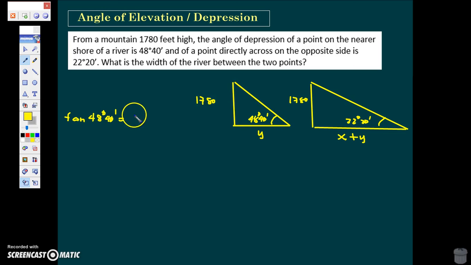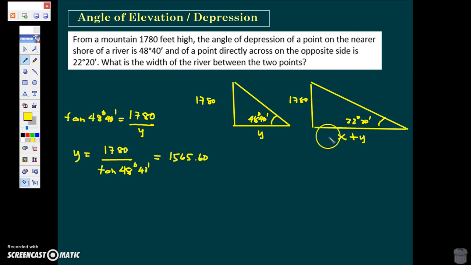using, in this triangle, opposite is 1,780 over y. So now we can solve for the value of y, which is simply 1780 over tangent 48 degrees 40 minutes. So again, bring out your calculators and let the calculator do the work. As much as possible, use your calculator in natural display. So here you get the value, correct to 2 decimal places, for y, which is 1565.60